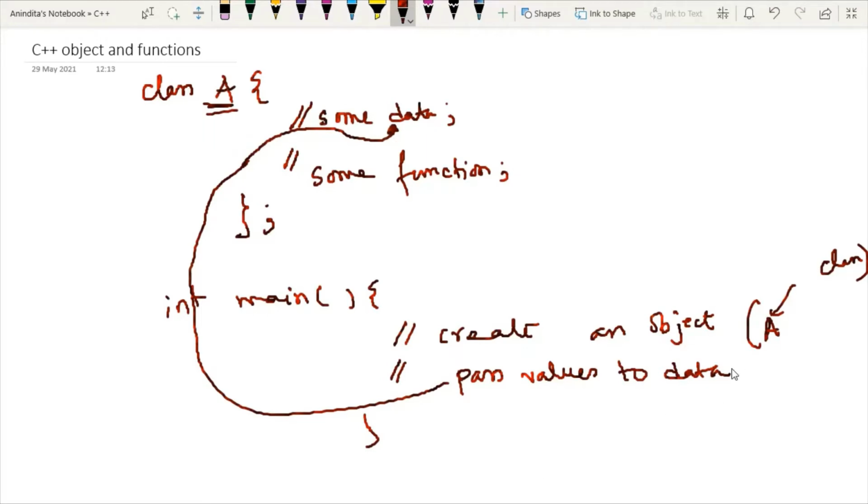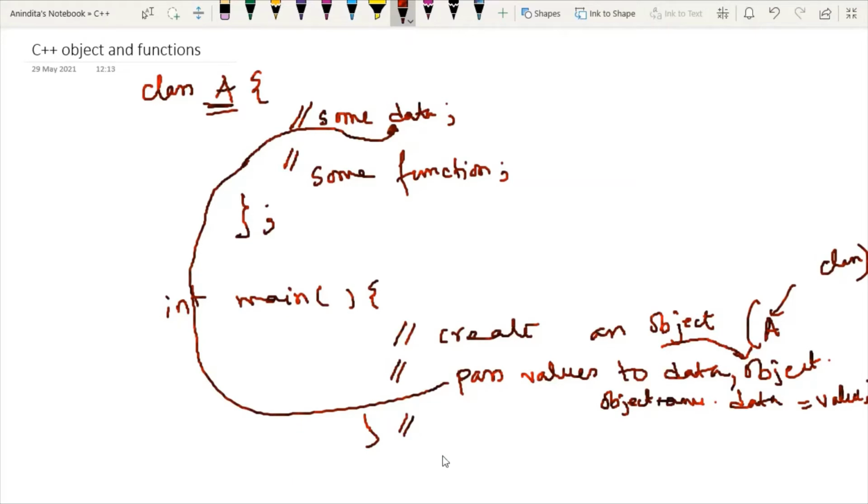Passing a value to the data is performed by using the concept of object. So at this point, we have to write the object name dot data member name, and then we will pass some value.